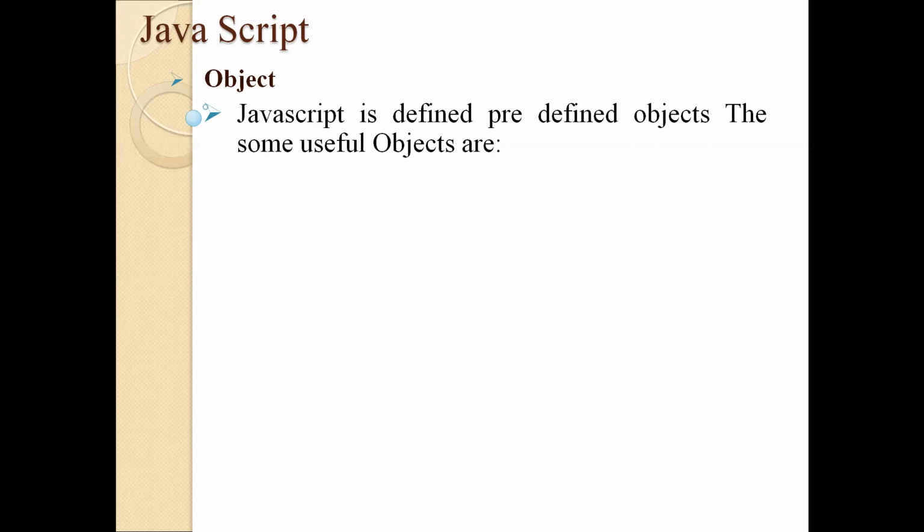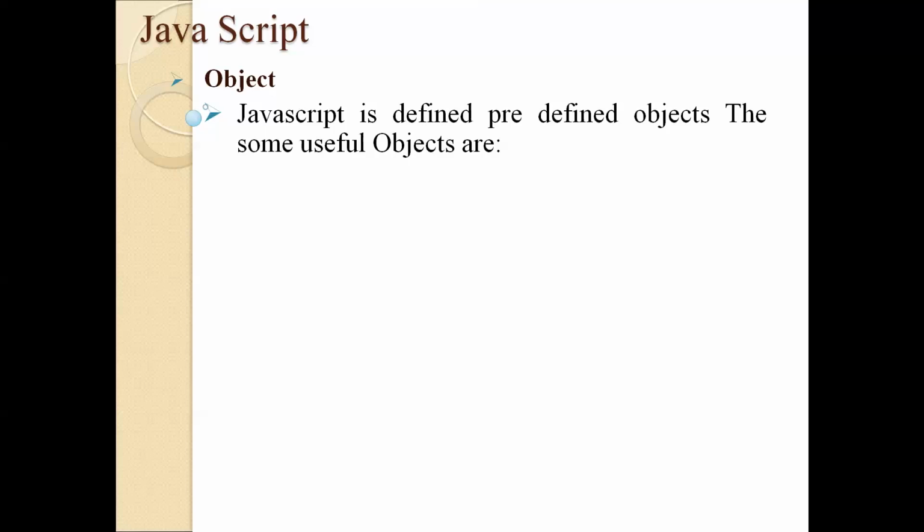In JavaScript, we have some predefined objects. Till now, we have created objects using the three ways. We created one object by using object literal, one by using instance, and one by using object constructor. In the previous two sessions, we have done three programs, and those three programs are creating objects of our own.